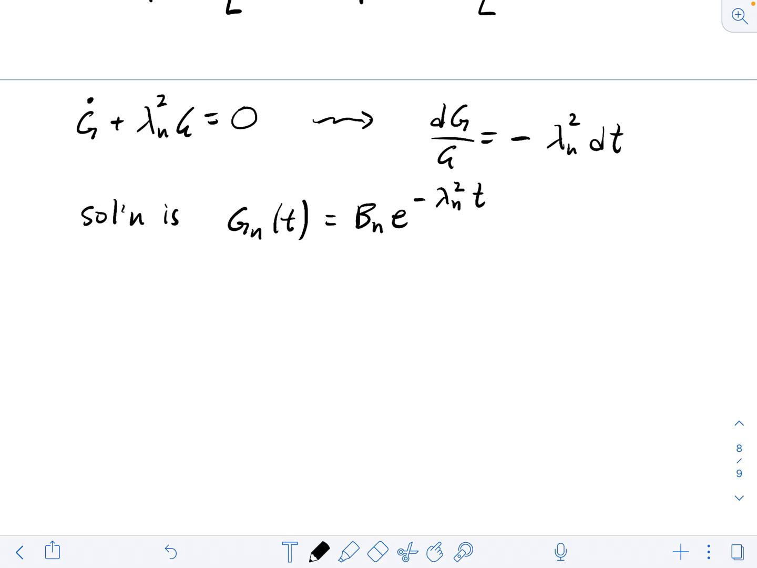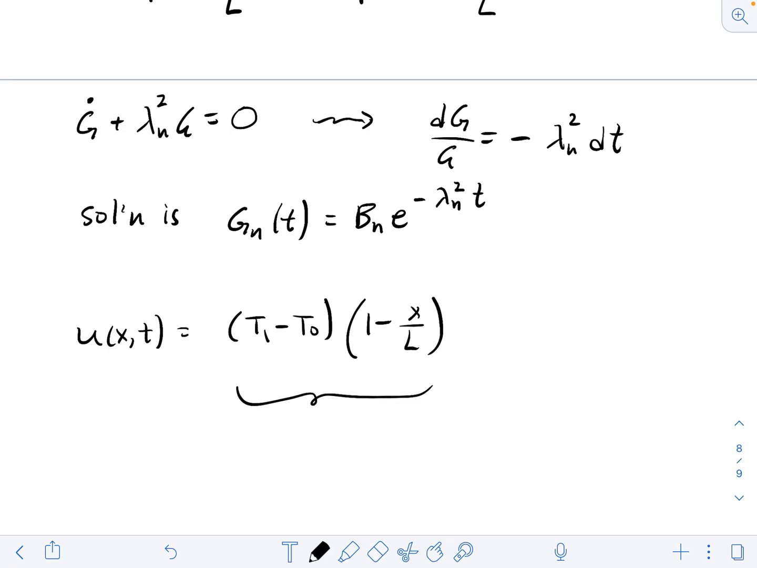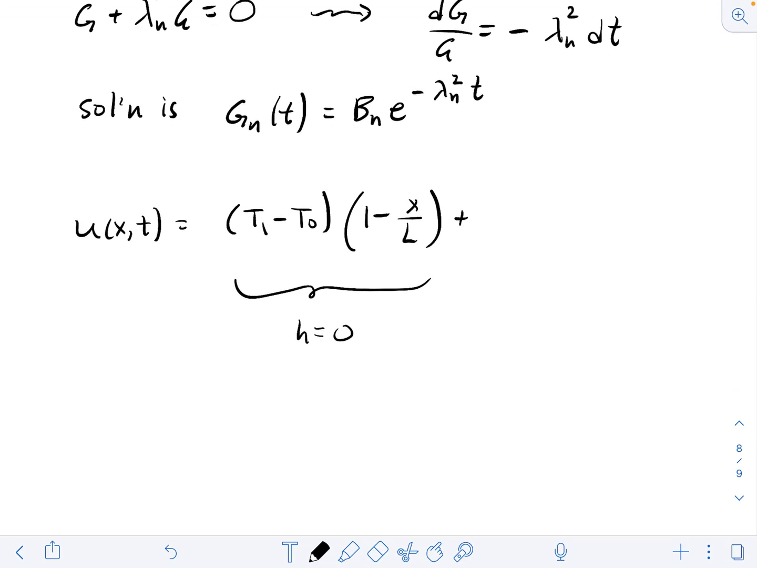So if we combine everything, u was f times g. In the h equals 0 case, we got this linear function. This is the h equals 0 case. And then we have plus, for h negative,